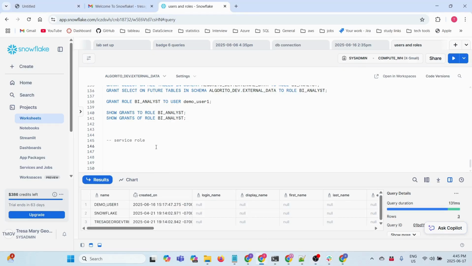In this session, I'm going to be talking about service role. Our aim is to connect to Snowflake using Python. As a prerequisite to that, we have already talked about